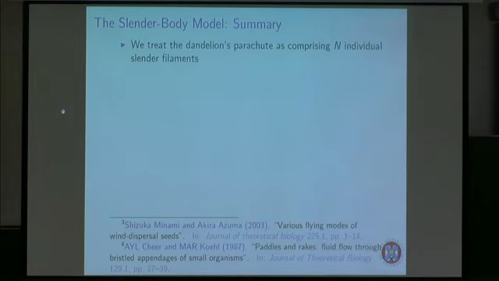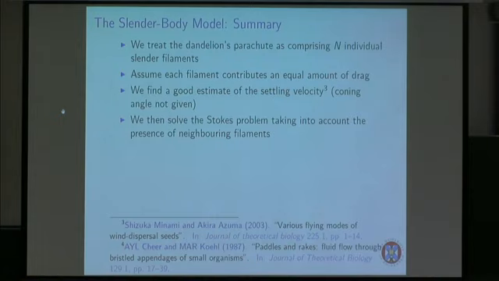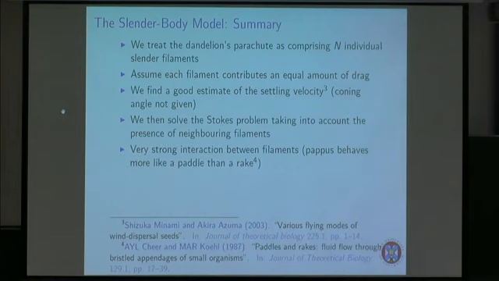So I'll just sum up that again. If we treat the dandelion's parachute as comprising n individual slender filaments, and assume each filament contributes an equal amount of drag, we find a good estimate of the settling velocity. Having said that, in these studies they don't really give the angle of attack of the filament. So it's hard to really make an assessment of existing literature where they don't give those numbers. So then we solve the actual full Stokes problem of neighboring filaments, and what we find